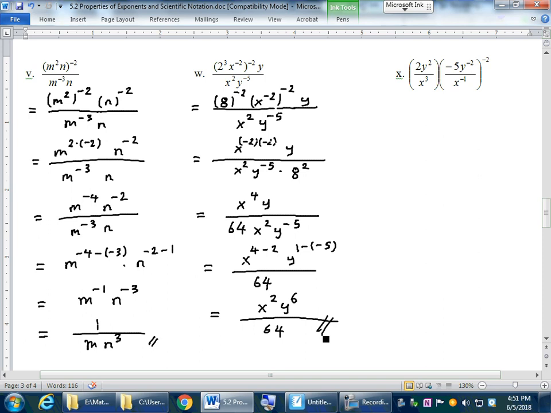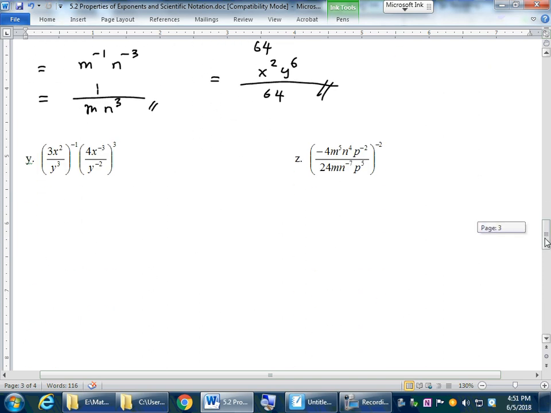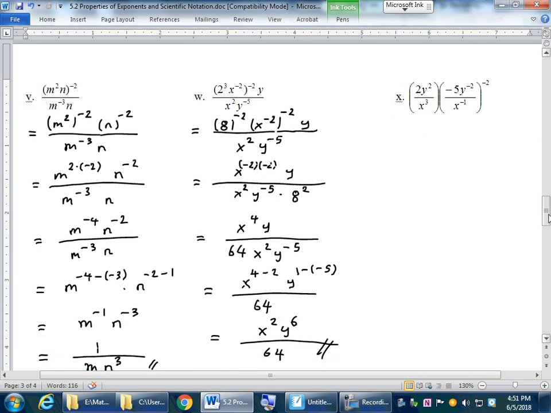Last example, hopefully. Oh no, I have more. Okay. So follow the order of operations, right? So this will be 2y squared over x to the third. And I'm going to apply property number 7 inside the parentheses first, because in the order of operations I want to